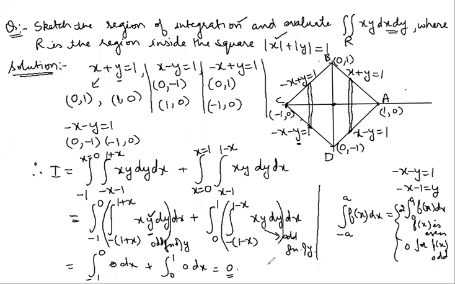If you check some of the books, the answer is not given to be 0. The answer comes out to be something non-zero. What they are doing is 4 times the integral in the first quadrant. But we cannot do this, because it is not the area under the curve here. You can see that this is the line x plus y is equal to 1, and there is no equation below the line given here that we could call area under the curve.